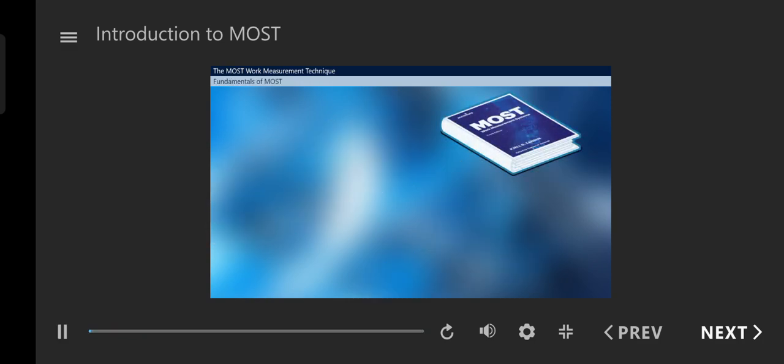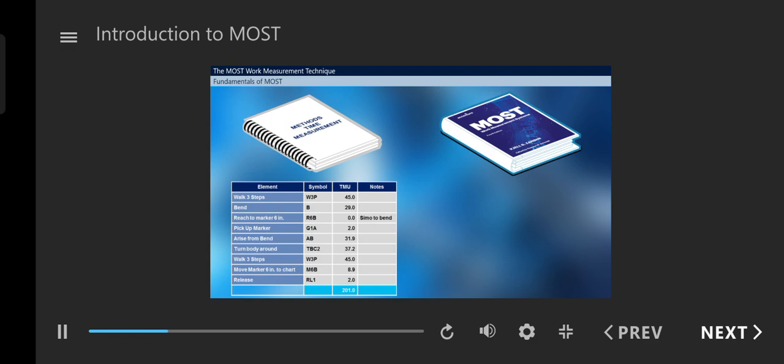The MOST work measurement technique is rooted in an established predetermined motion time system called Methods Time Measurement, MTM. While MTM is an effective means of measuring work, it is a complex and highly detailed system that can be challenging to learn and use. Consider the simple act of grasping a marker and putting it down on a whiteboard. In MTM, this task is broken down in finite sub-motions from large tables of data, each having a specific time